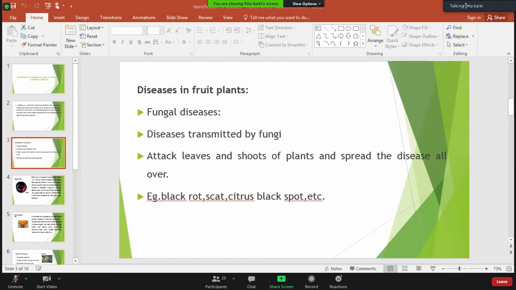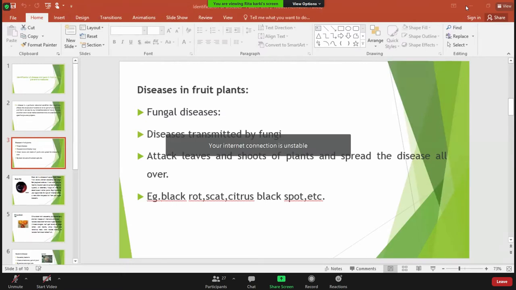They attack each and every part of the plant. Basically, they generally attack the leaves and the fruit part of the plant. Branches of the plant will be attacked, or the fruits of the plant will be attacked, or even the leaves of the plant will be attacked. And in some of the cases, depending upon what type of fungus the infection is, as well as what diseases are caused in the trees, the infection may spread to the different parts of the plant body.